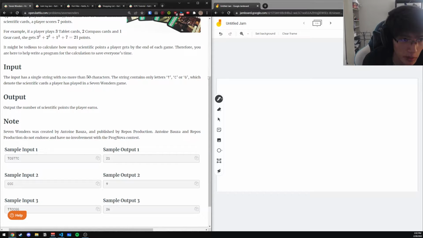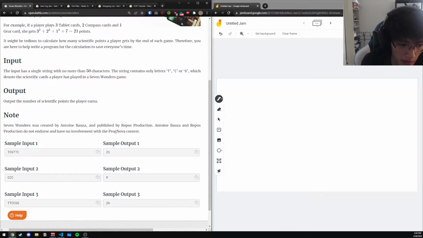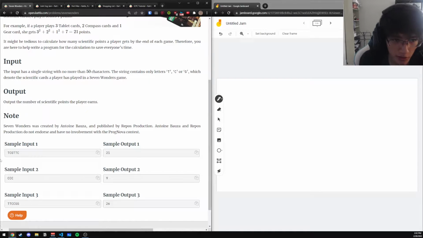So in the first problem, you know this is the same as the question prompt. So there's 3 T's, 2 C's, and 1 G. And then you can create one set of T, C, and G, but you can't create a second set. And at first, I thought when approaching this problem, if you have a T, C, and a G, then you